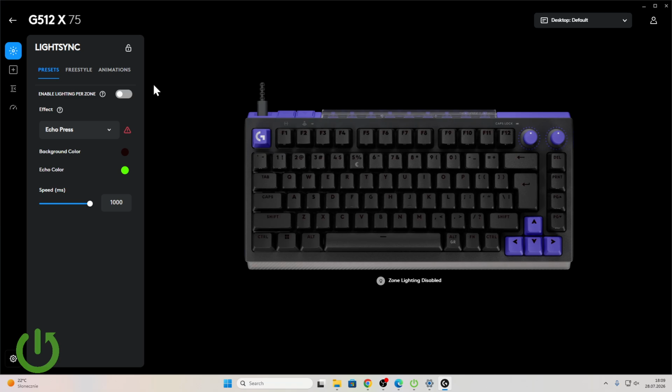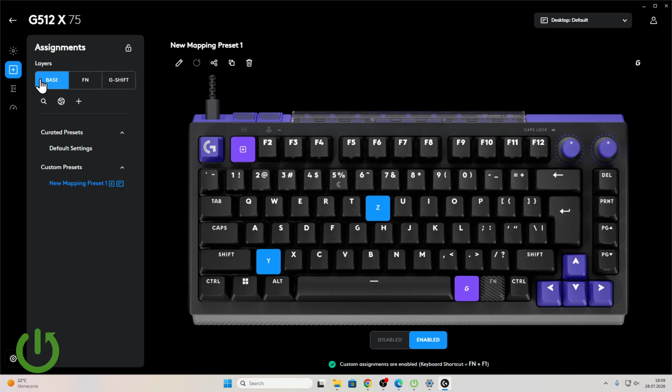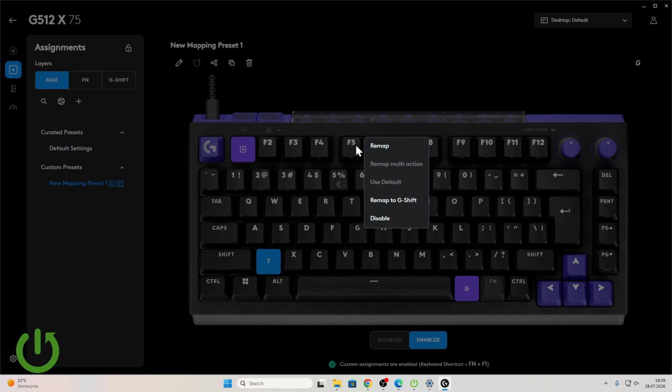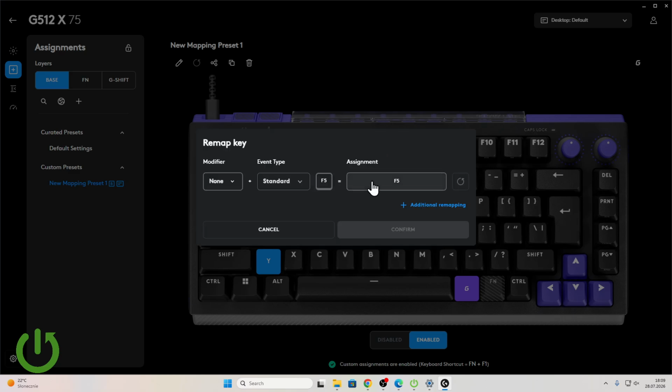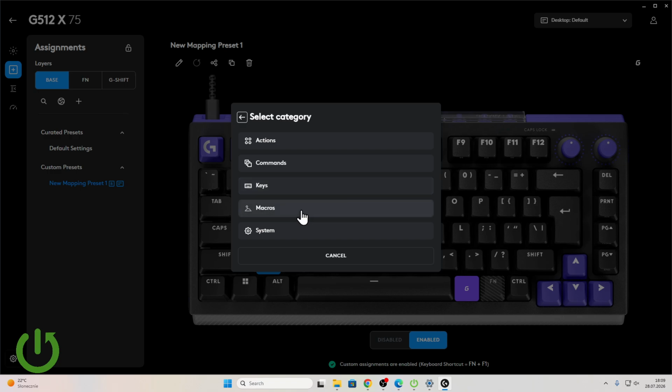Open our keyboard view, then go to Assignments menu on the sidebar, select the base layer, and then select the function key you want to assign a macro to. For example, F5, click Remap, then in Assignments, you're gonna have to select Macro,